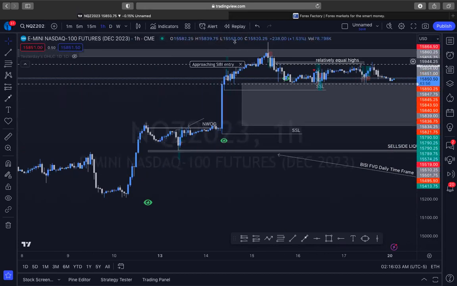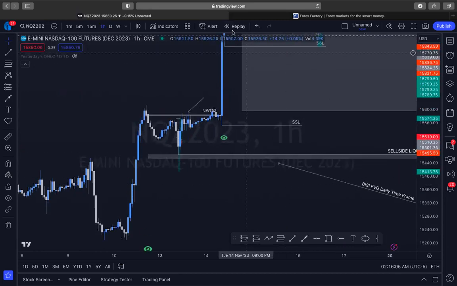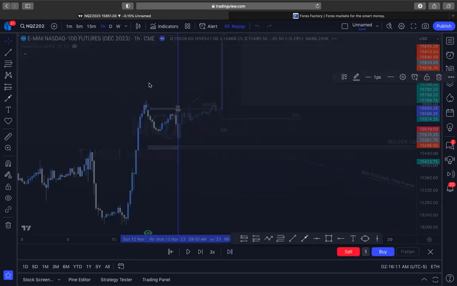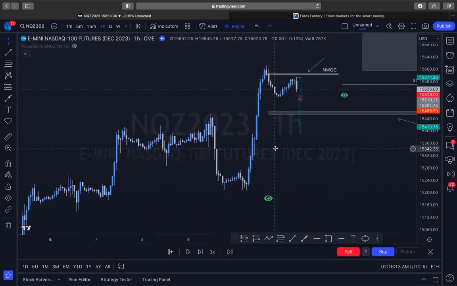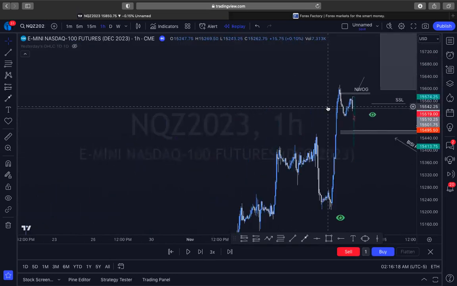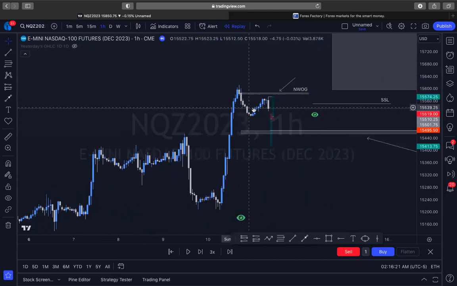I want to start off by looking at what we were seeing on Monday before any of this price had printed. This was what I was seeing here on Monday morning. I wanted to see if price was going to respect that, or if price was just going to break right through, maybe act as some sort of breaker here and continue up, or are we going to tap into this new weekly opening gap and go lower and target some of these gaps?